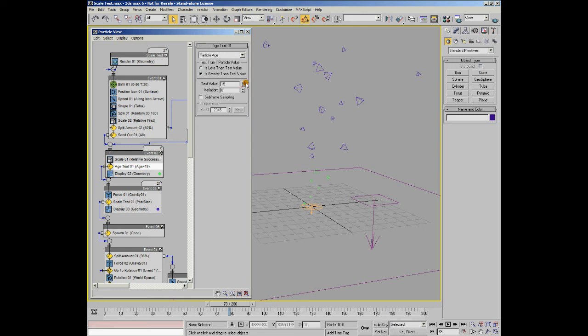event. So if I just shrink this down slightly, now they're sent on frame 13 to the next event. So you can see they start off green, which is pretty much this event here. They immediately end up in this event. They start off as green, then on frame 13 they go to the next event, which is where you've got the scale test, and you can see they're actually then